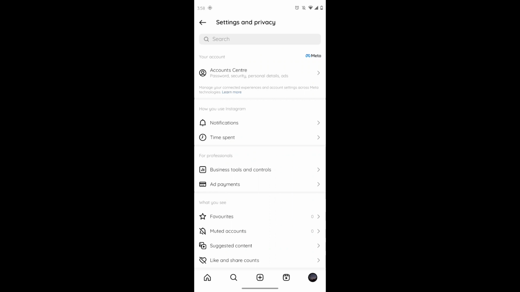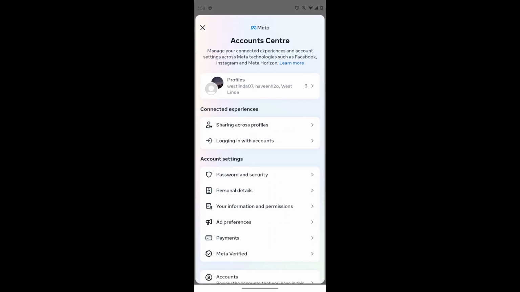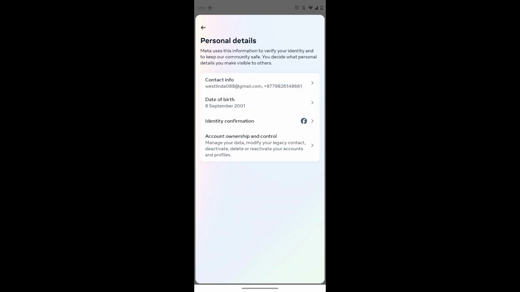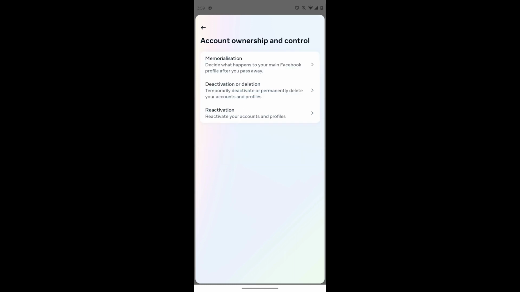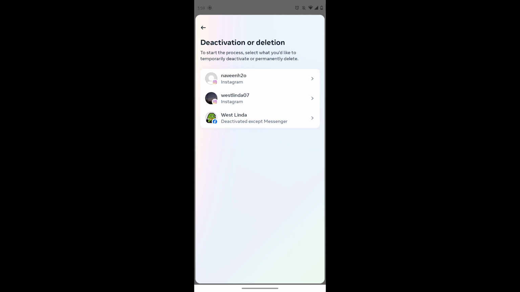After tapping on settings and privacy, tap on account center and then personal details. After tapping on personal details, tap on account ownership and control. After that, tap on deactivation or deletion. After tapping on deactivation or deletion, tap on the Instagram account which you want to delete